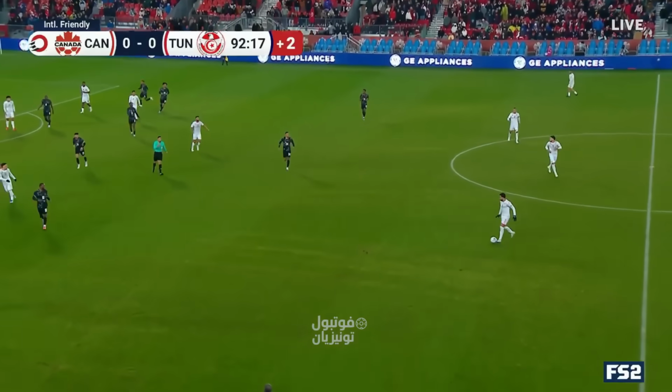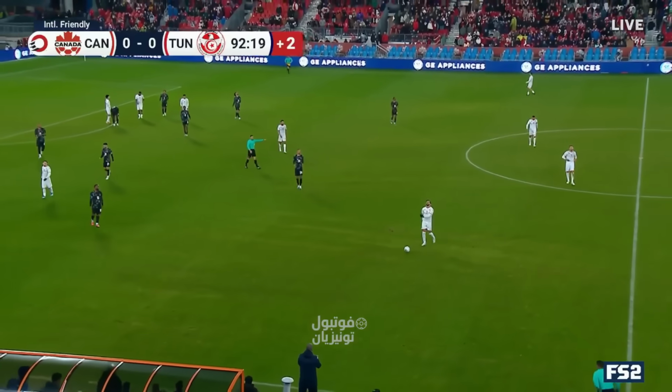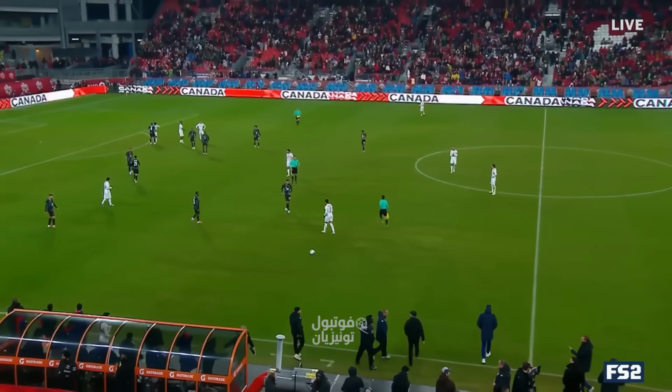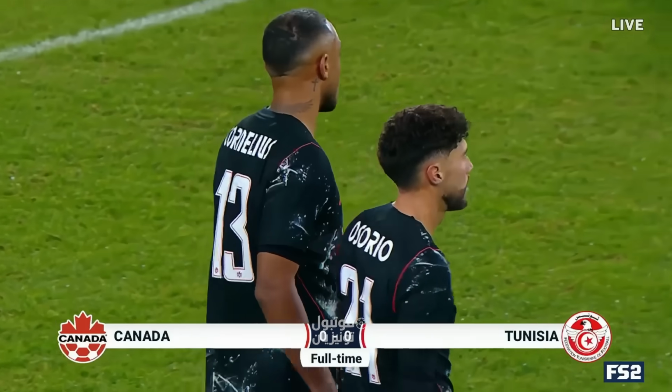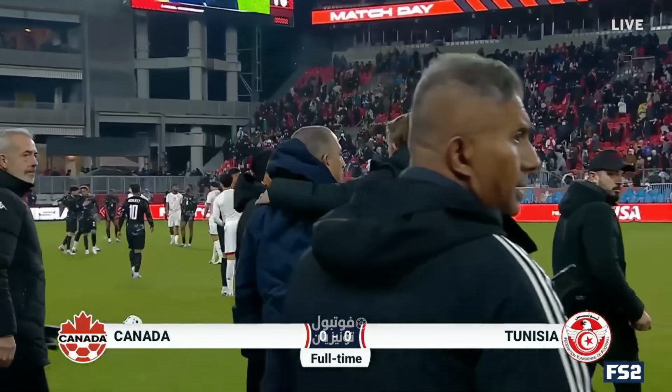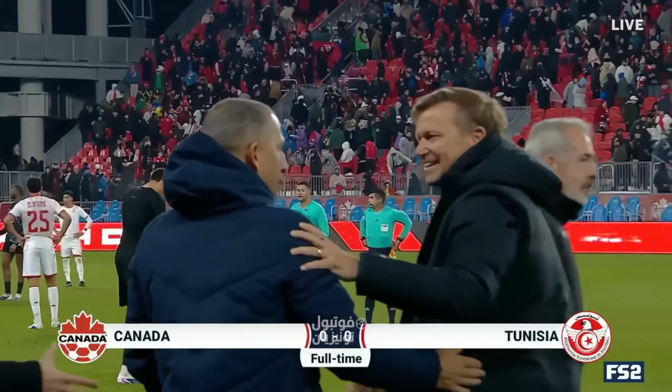Back into the middle. And the head referee signals full time from Toronto. Canada 0, Tunisia 0. By the end of the day around the World Cup places will be all filled. Canada and Tunisia will